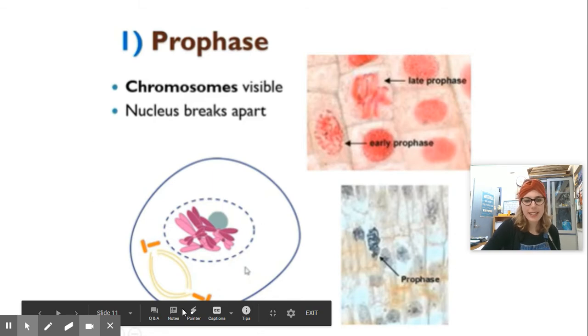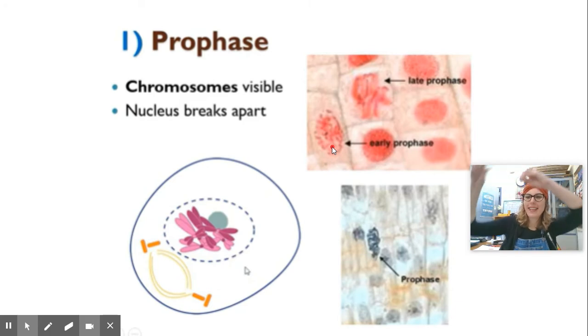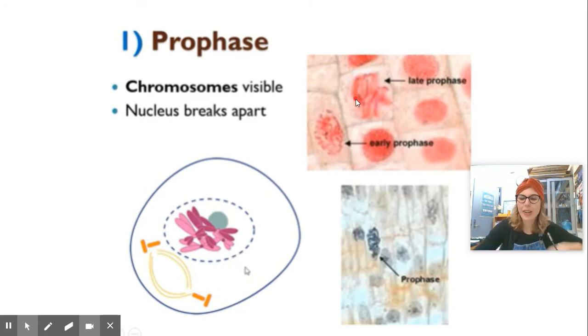As we can see here, in prophase, this is where we can start to actually see the chromosomes. They become visible. As you can see, we can clearly and distinctly see these wormy looking things. Those are the chromosomes. At the very beginning of prophase, it doesn't look like they are condensed yet. They're still sort of that big mess. But by the end of prophase, you can see that they are in those nice tight bundles we call chromosomes.